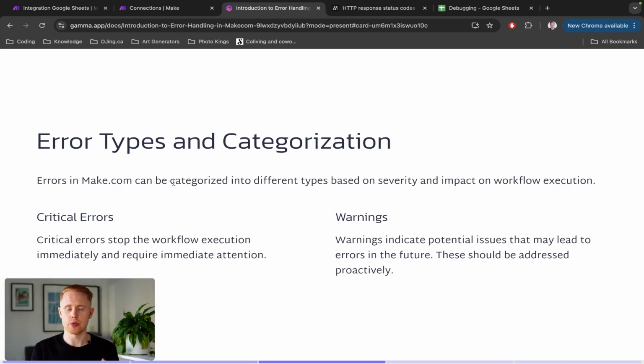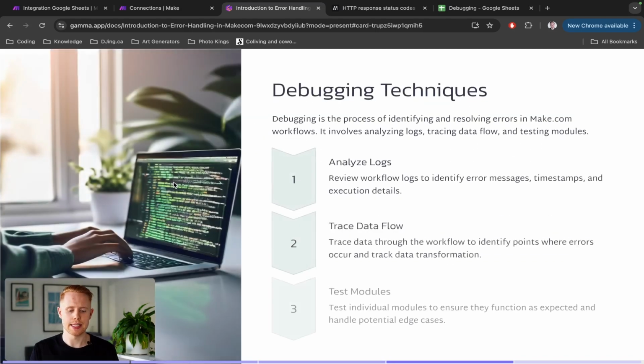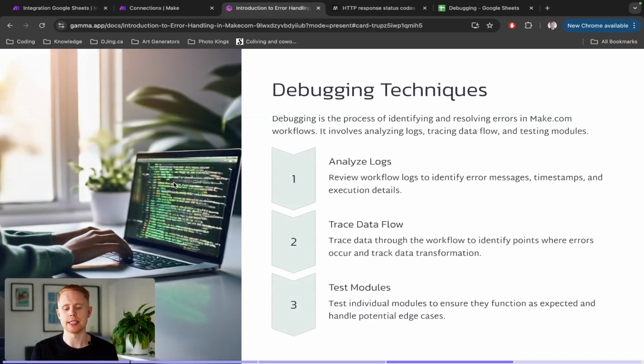So critical errors are really what you want to pay attention to, because that's going to shut down your app, shut down your workflow, and it's just going to stop running, right? And then there's warnings, which are not critical. But for example, maybe you run out of storage. Maybe you have an error handler set up and it's storing the executions, and then all of a sudden it runs out of storage. That's a warning, right? It's not going to shut down your whole workflow, but it will come up as a warning. So the major ones that you want to be watching out for are critical errors, but both are important. And what we need to do is we need to debug these particular